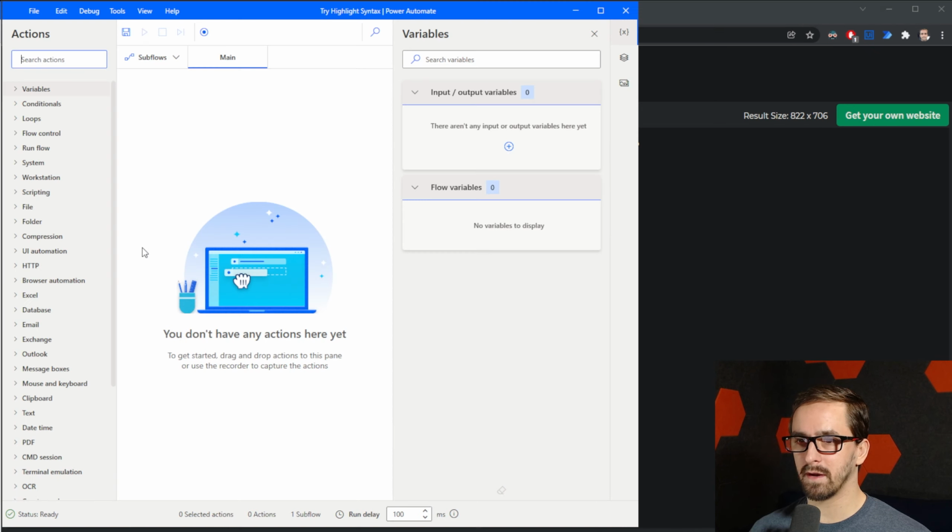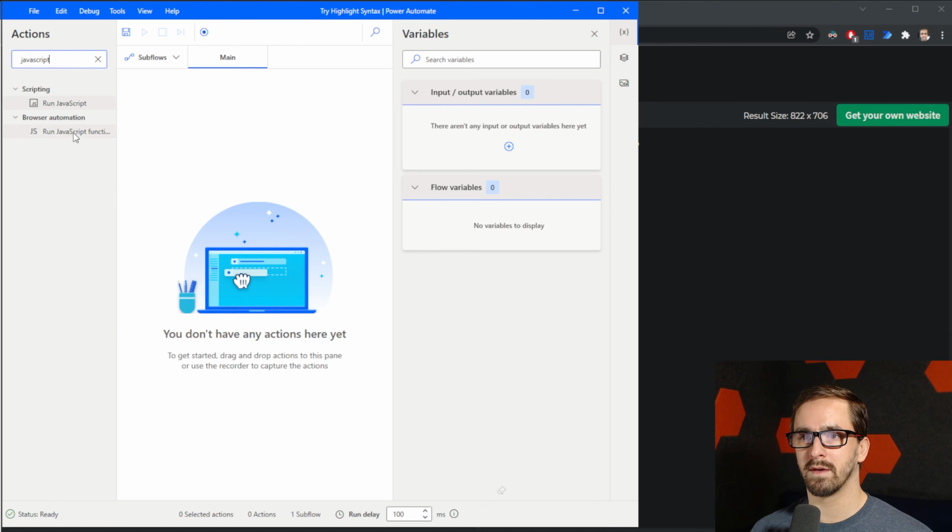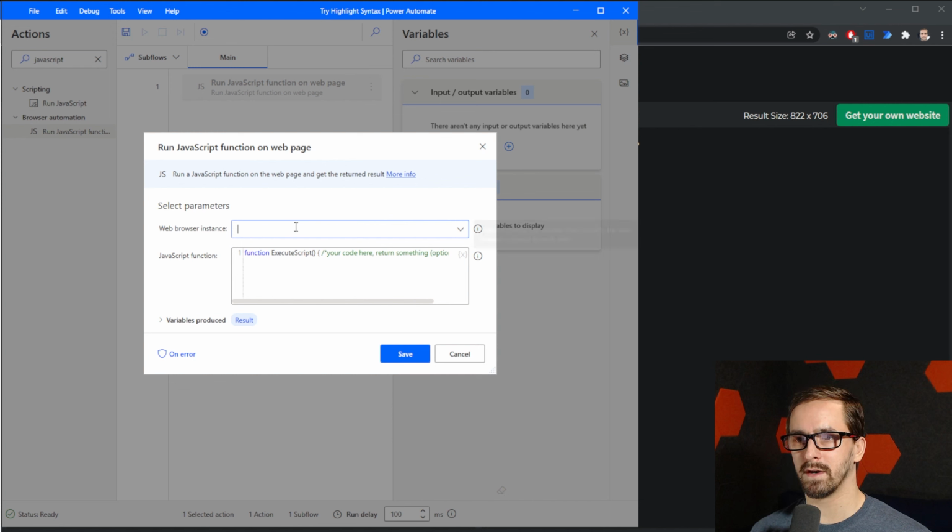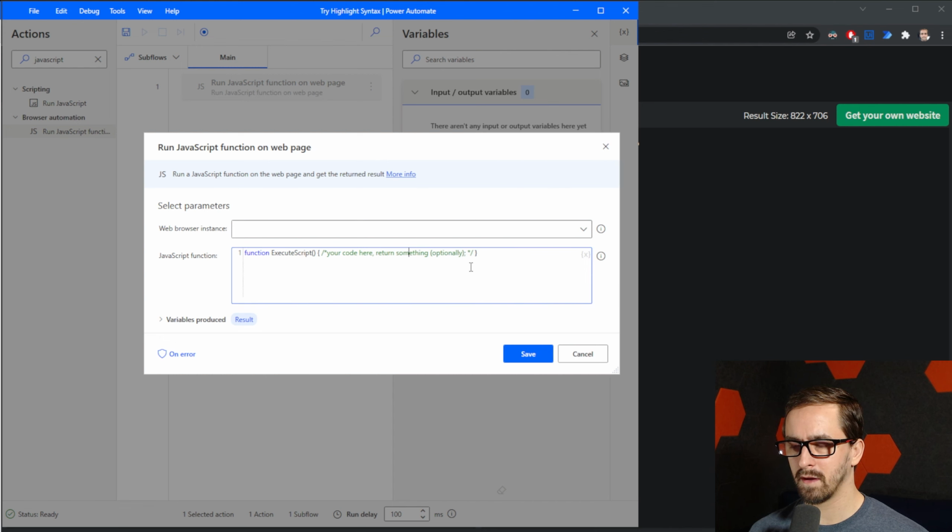Let's go into here and search for JavaScript. Run JavaScript function. Function execute script. Your code here. Return something, optionally. That's kind of cool. Now we don't actually have a web browser instance, so